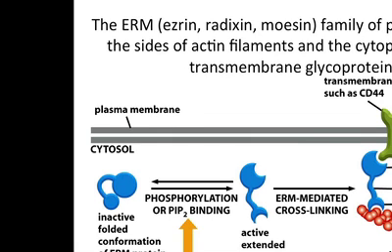So maybe phosphorylation or PIP2 binding, some sort of signaling, and that would change the conformation of this protein so that it's available for interaction with the glycoprotein and then interaction with the actin filament, right? So it has a membrane binding domain and it has an actin binding domain. And so this is one way that signaling can affect recruitment of actin filaments to the plasma membrane. And so these proteins, these ERM proteins, are targets of several different RTKs,